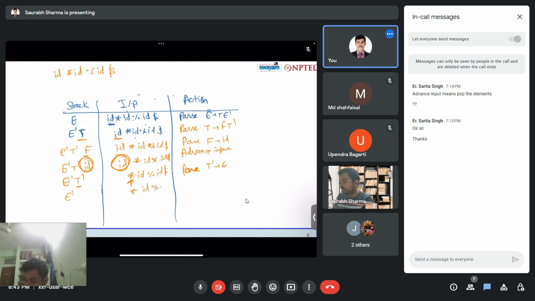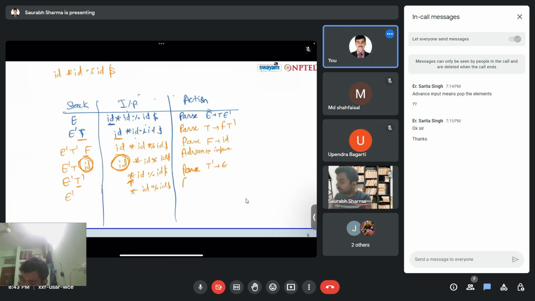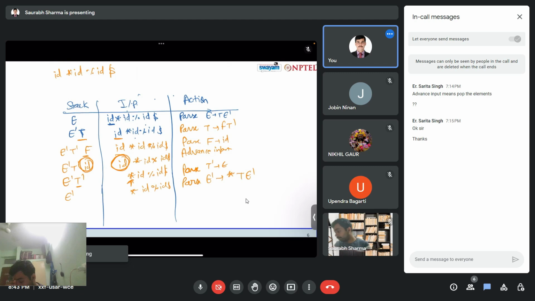Now E dash and this one, we will get this. So E dash derives, parse E dash derives T dash. Sorry. So we will pop out this E dash and push this E dash T